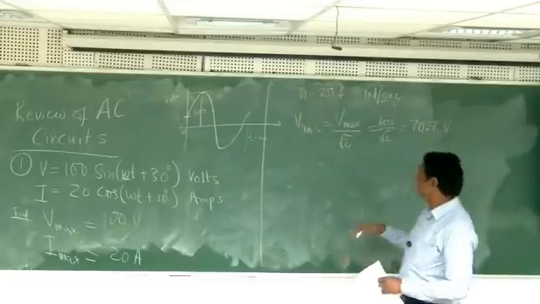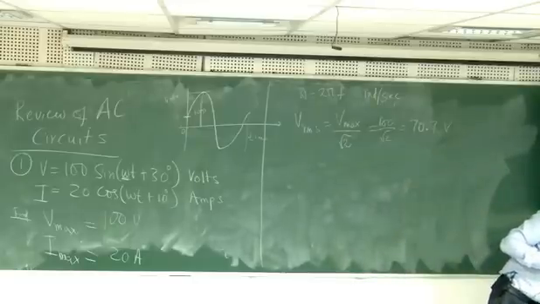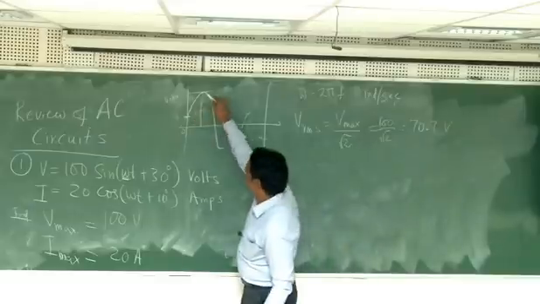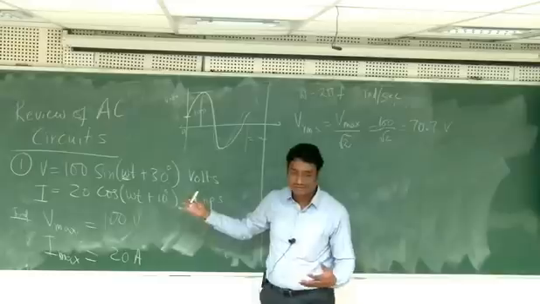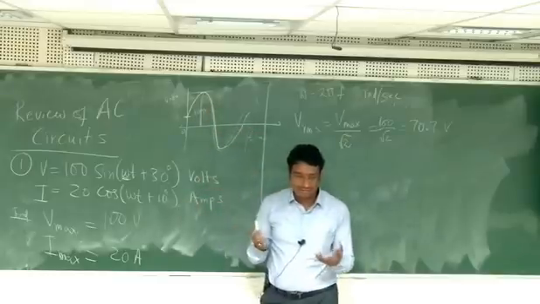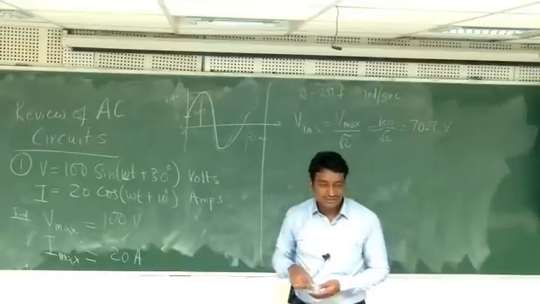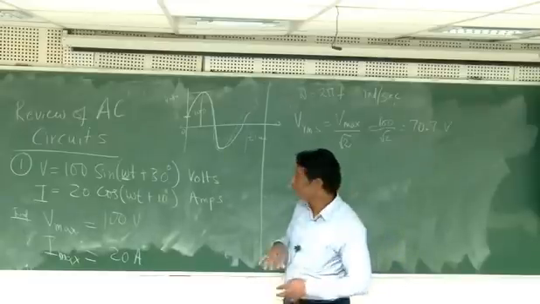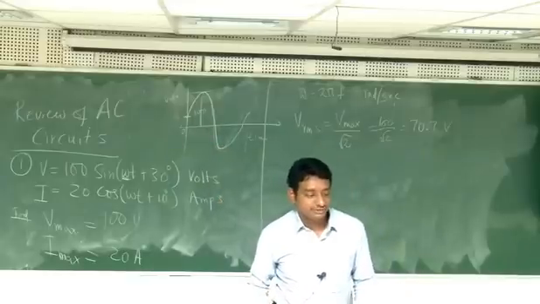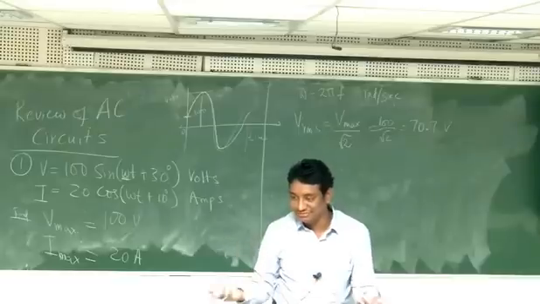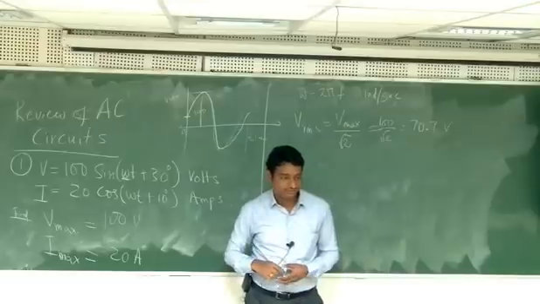So what is the significance of this number 70.7 volts? Because this value keeps on changing. If I ask you what is the value of voltage, it keeps on changing. It's not one value. But if I want to give some value, what value will you give? You'll say I will take the average value. But the problem is if you do average, plus and minus will cancel out and it will become 0. All average values for an AC quantity will be 0 only. So average value cannot be used. Then what value can be used?